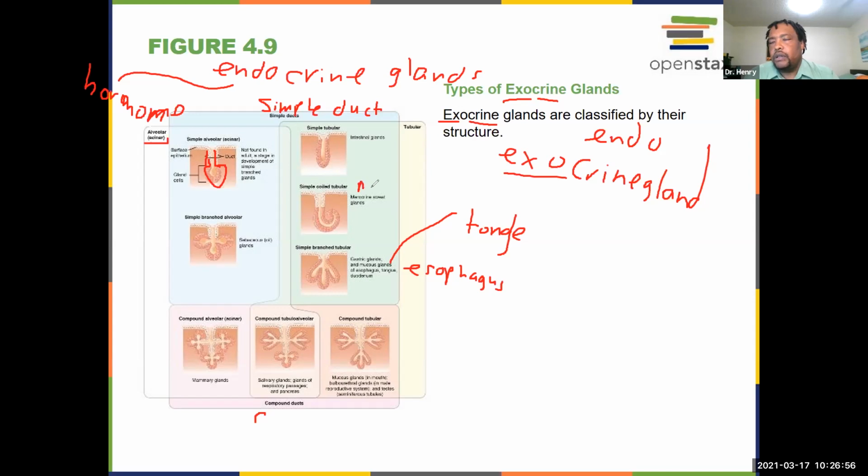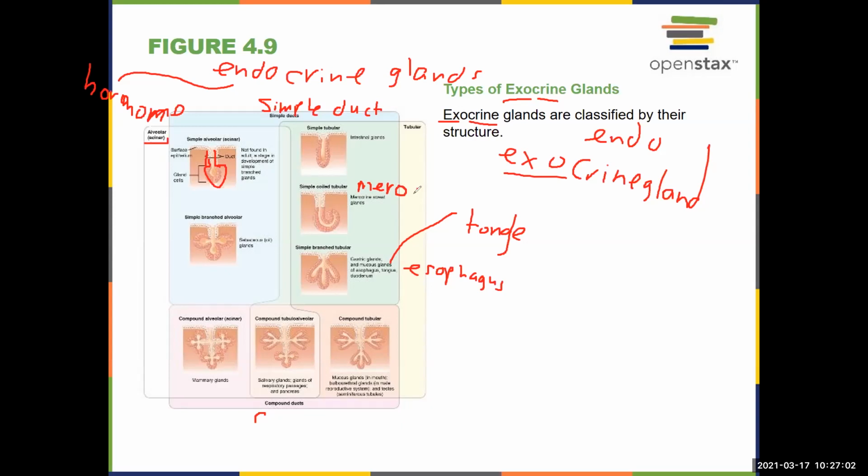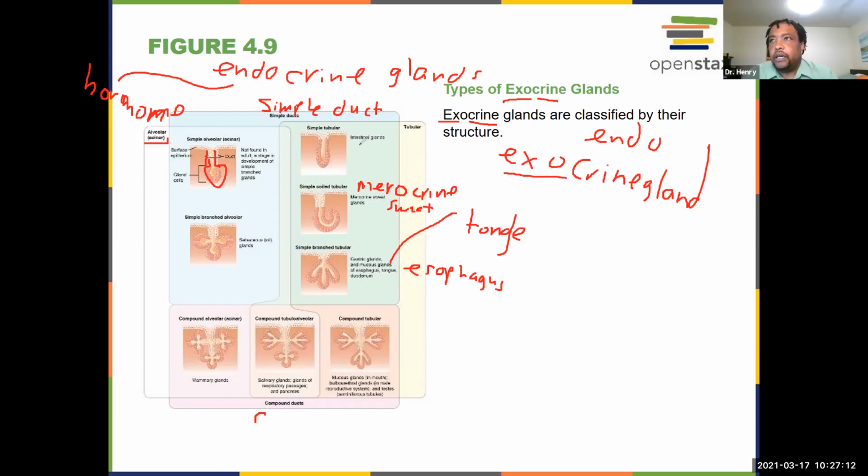So this is called merocrine. That's our intestinal. Our subcutaneous